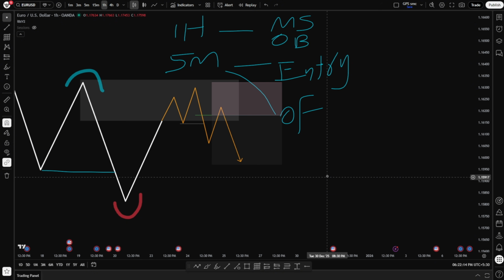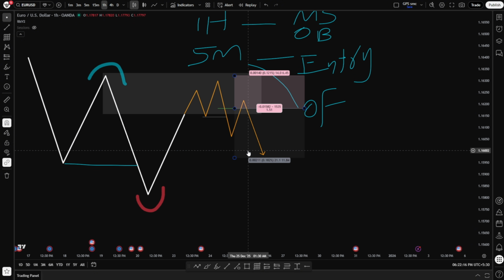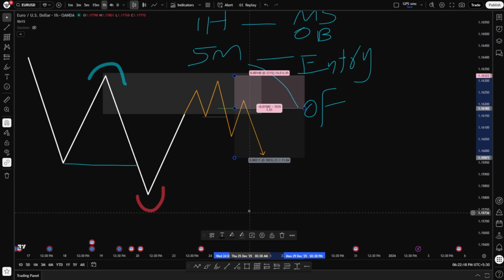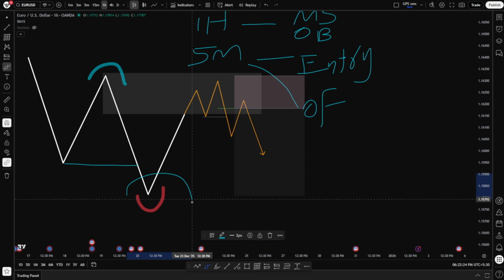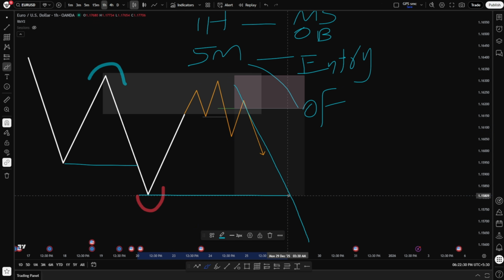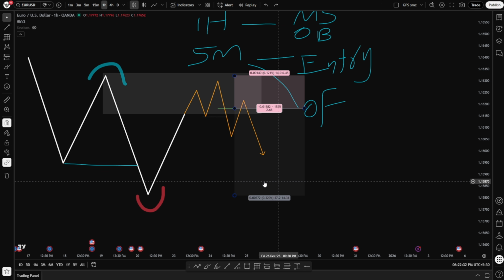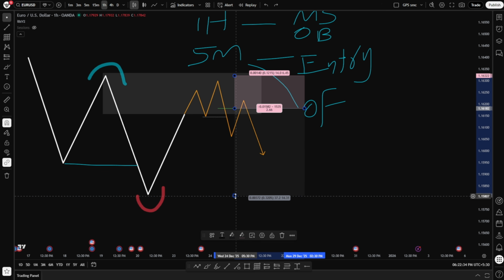Okay, so now everything is done, right? Where should you place your take profit? Now this is completely subjective. You can place your stops and take profits at this point. Since this is a weak swing low, after mitigating your order block, the market can easily come down and break your weak swing low. This is completely fine, but again, if you want to keep things simple, use a fixed